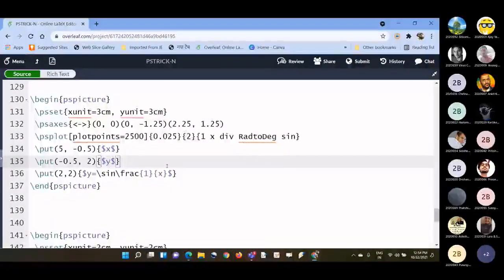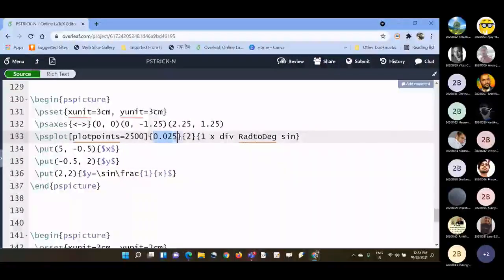So here, the more plot points you take, the smoother the graph will be. You may choose 2500 or 5000 or maybe 1000, whatever you feel like.